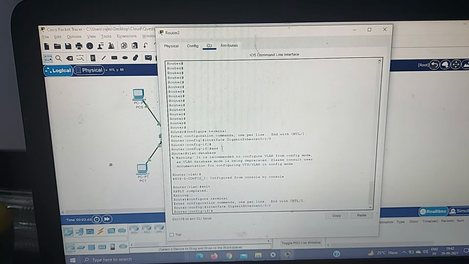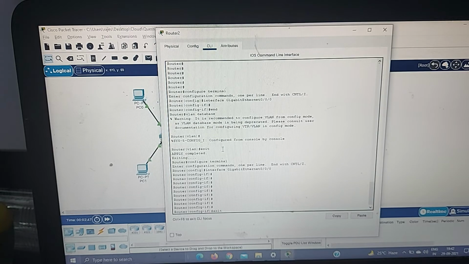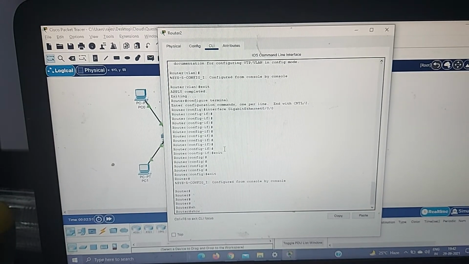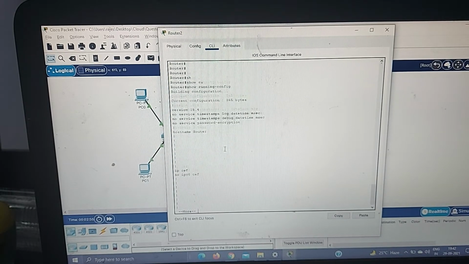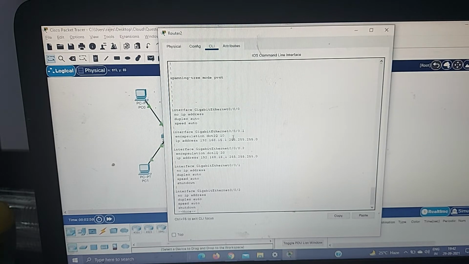I will show you running config, and you can see that I have subdivided the interface further, enabled the encapsulation, and assigned both the VLAN gateways over the same interface.